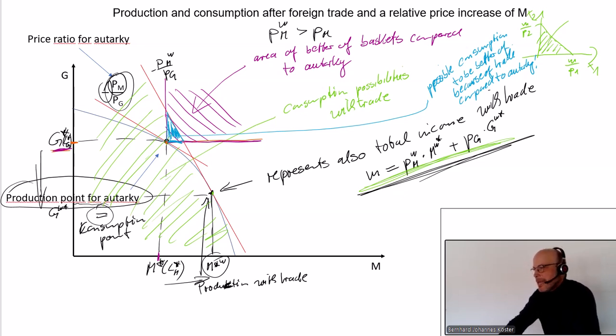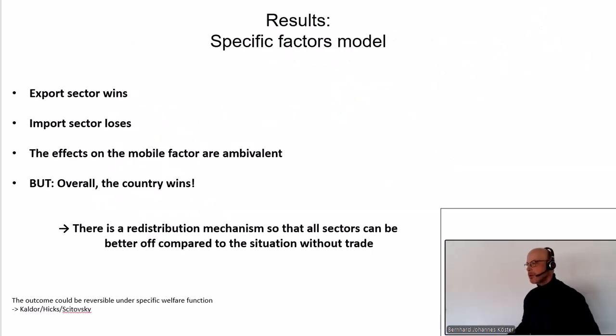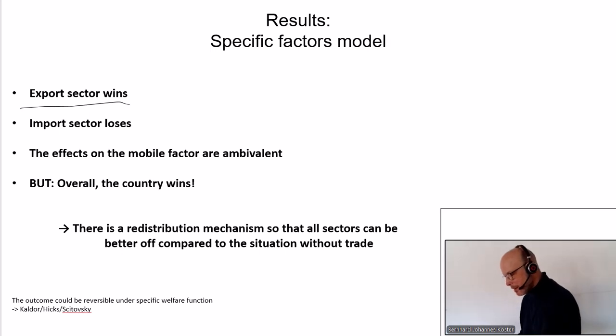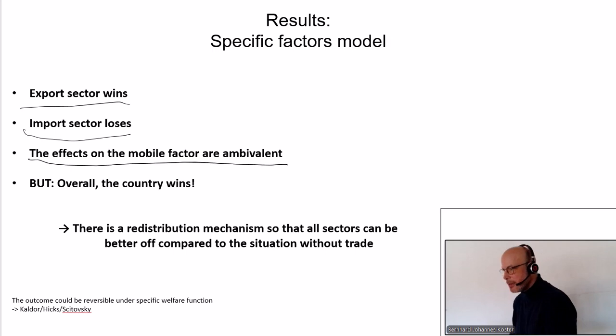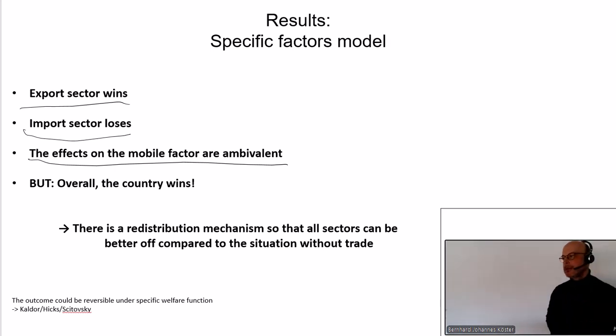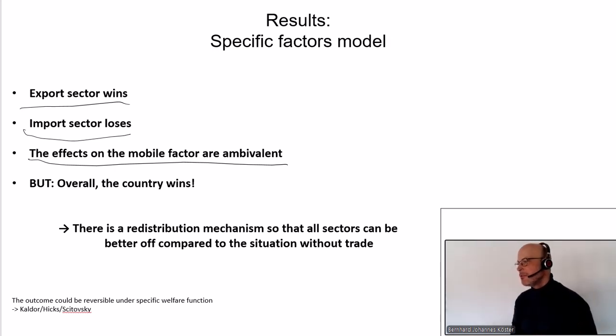So, and this is then again the fundamental argument against Mr. Trump. Because, to summarize, now we can argue if we open our borders, of course, it is true that directly we will have a redistribution of incomes. And this means, unfortunately, there are not only winners, but there are also losers. And there is also a whole bunch of people where we have to say, we don't know. And of course, in a democracy, we do not want to look inside the heads of the people. They should decide by their own. But what we can conclude from this blue triangle now is that we have an overall increase of the consumption possibilities for the whole society,